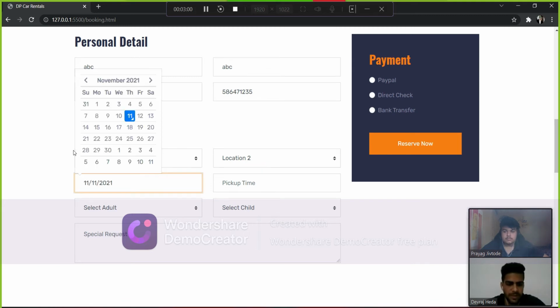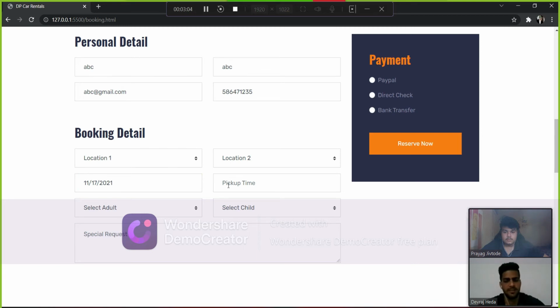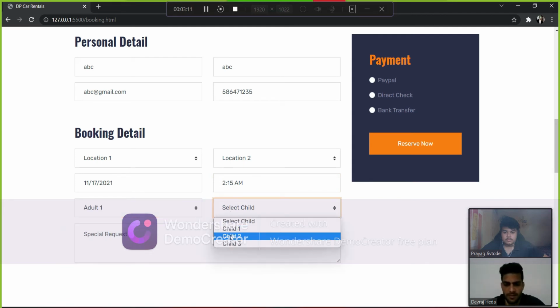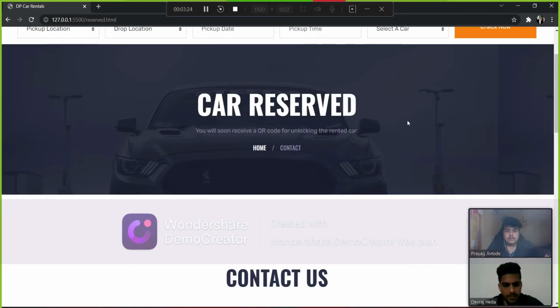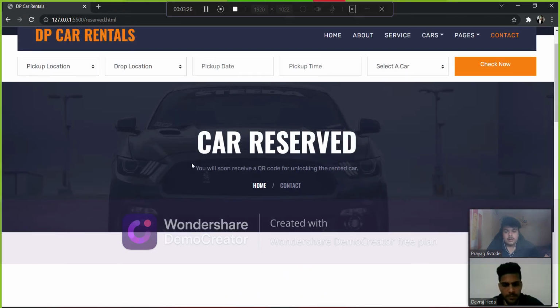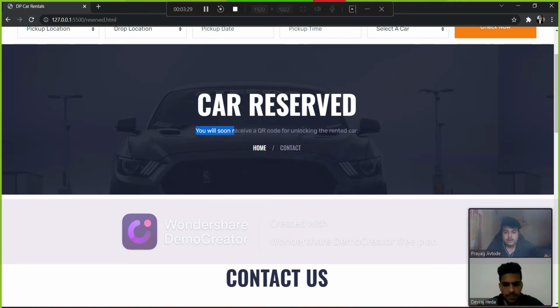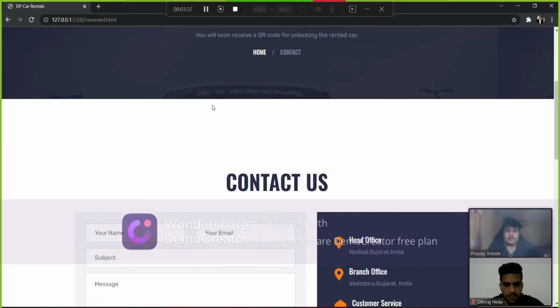You can get there and you can rent a car, and the different payment methods are as follows. The moment the user reserves a car, he will receive a message. As you can see, you will soon receive a QR code for unlocking the rented car, and he has to scan the QR code on the door lock so he can rent a car easily.